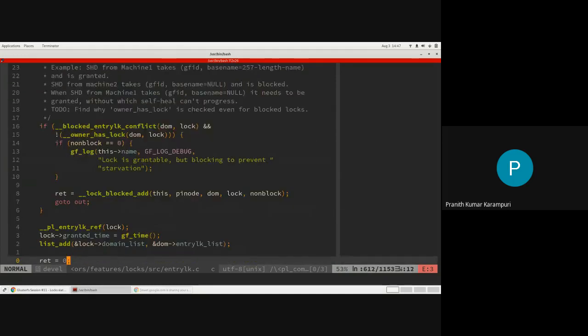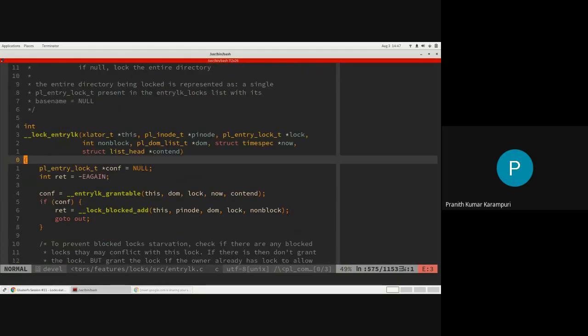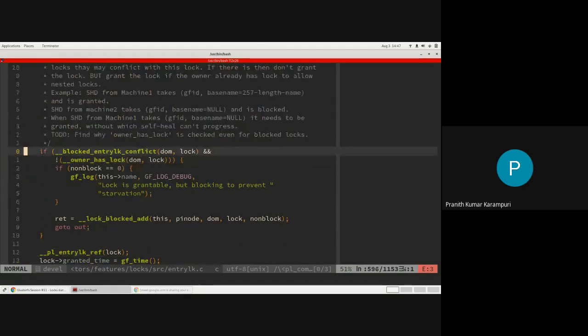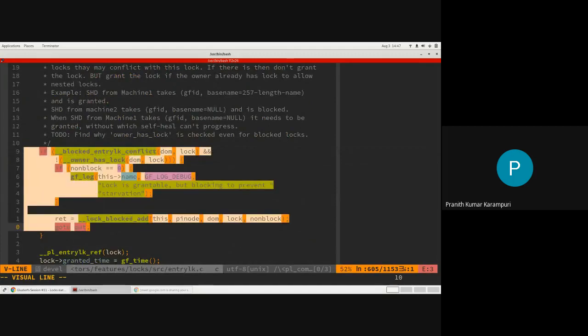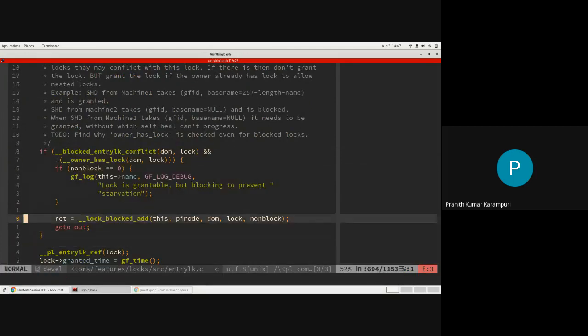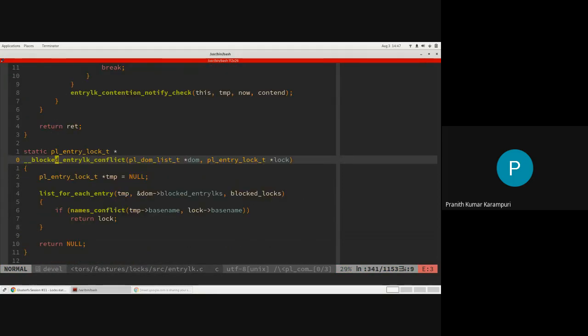Okay, let's say if it can be granted, then you do a similar check against all the blocked locks to see if the entry LK request is actually conflicting with any of the blocked locks.